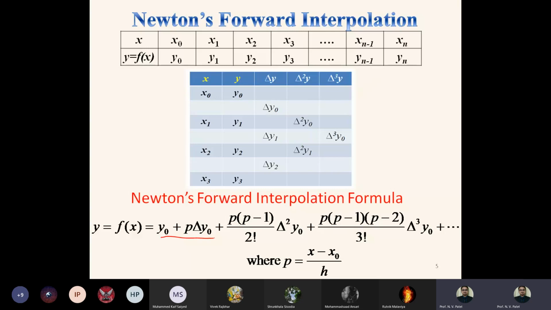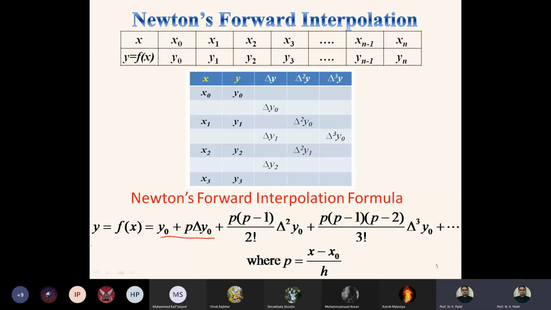तो ये फॉर्मूला आप अपने नोटबुक में लिख दो, क्योंकि ये फॉर्मूला हम बार बार अप्लाई करेंगे एग्जांपल्स के तौर पे. So first of all, we find out the p value. p is x minus x0 upon h, where h is our step size, x0 is the first value of table x, and small x is our unknown, जिसकी करस्पॉन्डेंस y की वैल्यू हमें निकालनी है, तो वो अननोन x ले लेंगे. So x minus x0 upon h, that is your p. This p can be positive or it can be negative also.